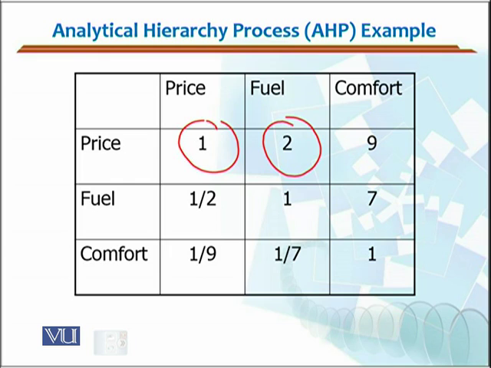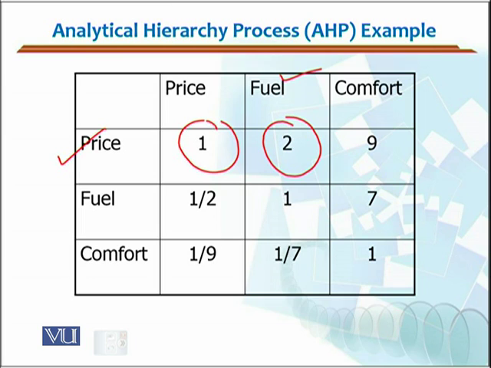So if the expert is not sure whether to give 1, which means both are of the same importance, or 3, which means the criterion in the column is moderately better than the criterion given on the horizontal line, they give the intermediate value. So here price would be like slightly better